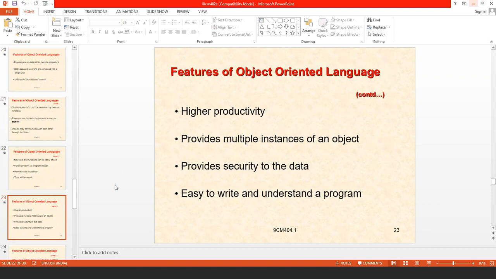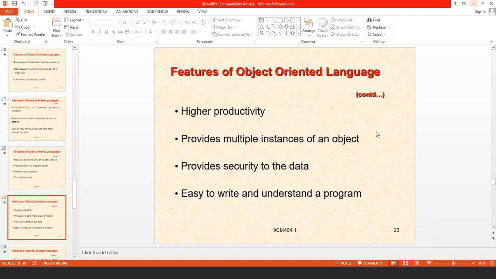Also higher productivity, as we are using the reusability concept and dividing the program into a number of modules. It increases productivity because it reduces time and workforce.